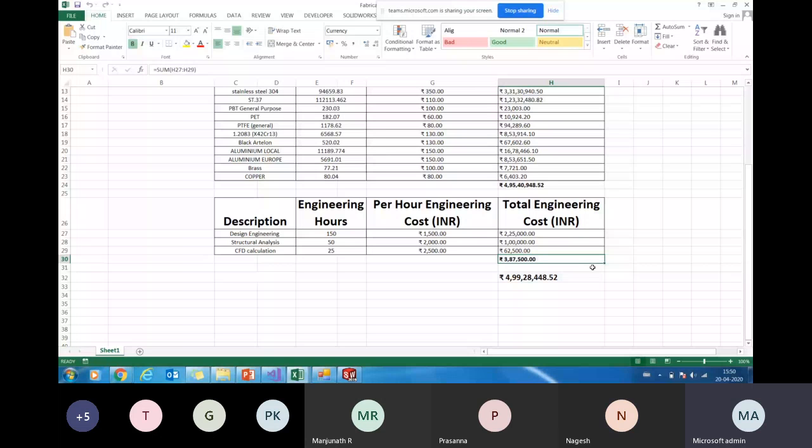Now we are in the process of adding the packing and transportation cost also. So the major factors are fabrication, engineering, packing, and transportation. These four cover the major cost.